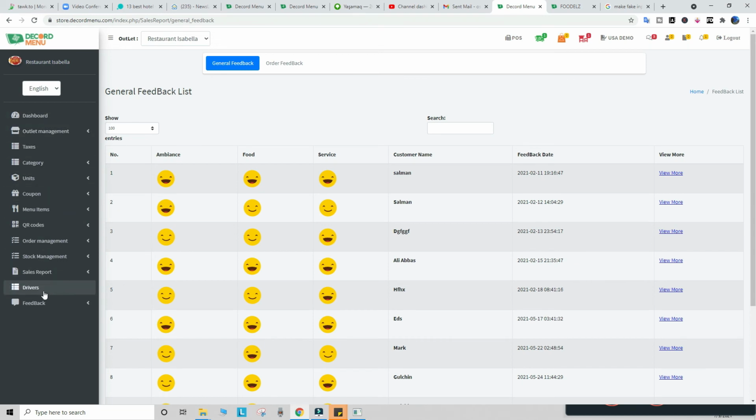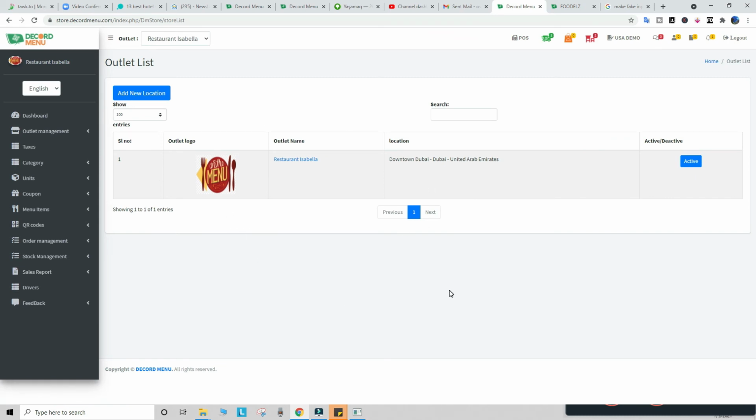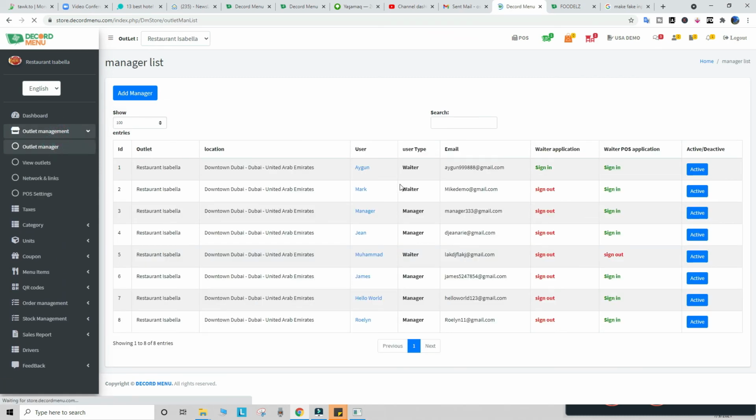There are a couple of options in your dashboard. You can create different branches or different floors using this option. You can create managers, waiters, reception or reservation department along with their pin codes using this option. The waiters will not be able to see all of these options. They will only be able to serve the orders. The reservation department will only be able to reserve the rooms. The security will only be able to see the customer details.